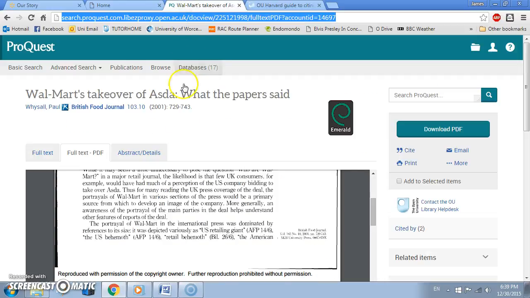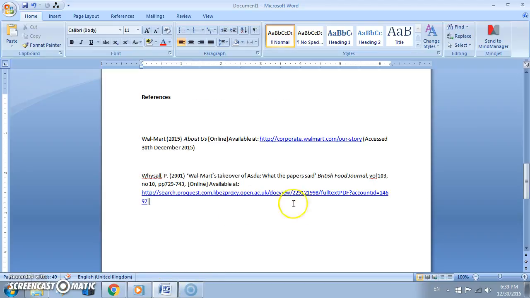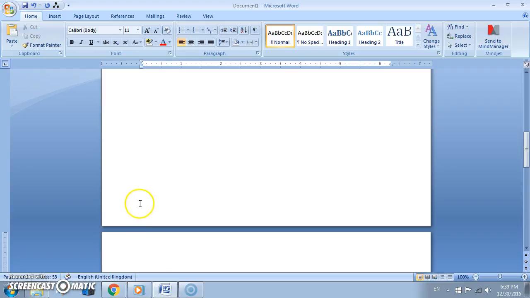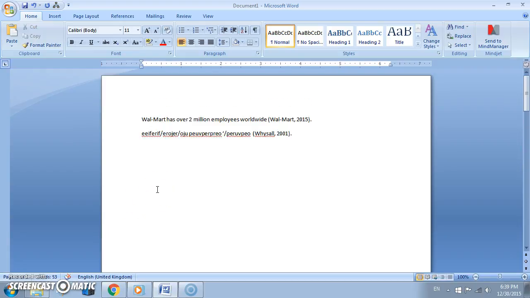So that would be the same as this one, since it's the same date. So accessed 30th December 2015, and that's our electronic journal. Now I've got a minute and a half before my cutoff comes, so I will do a book in the second part of this, but while I've still got a minute and a half to kill,